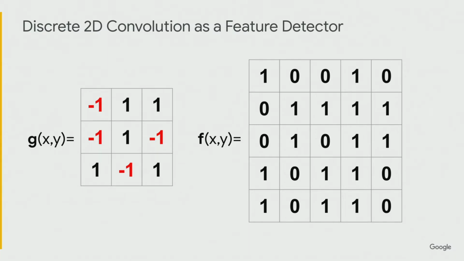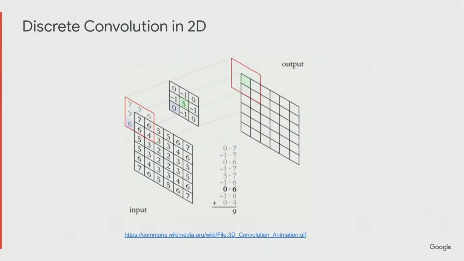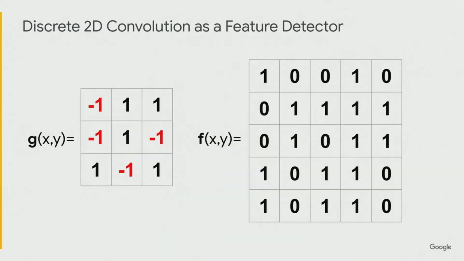Okay, so G, right, that's our smaller function. That's our window. It doesn't have to be smaller, but in the discrete case, we're going to approximate it with a smaller actual, with less data. That's what I'll say. And we're going to do the same thing that we just did in this case. We're going to take this window, and we're going to slide it across our input.